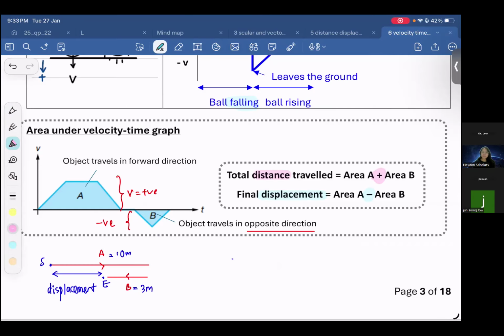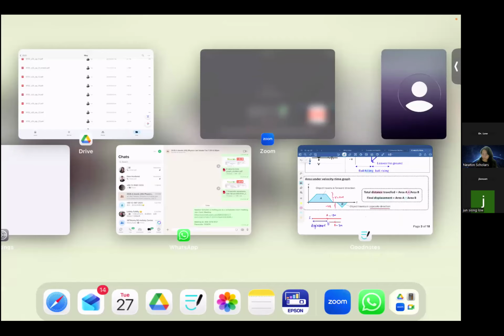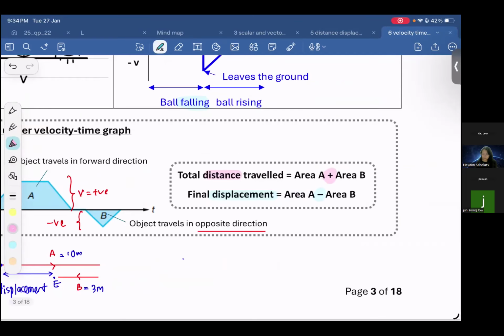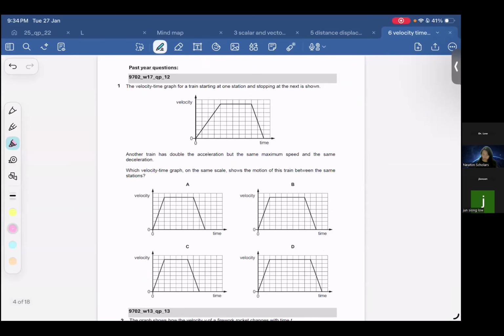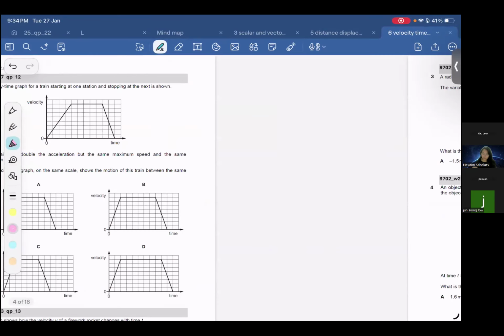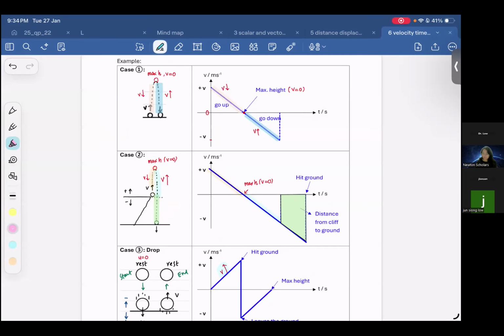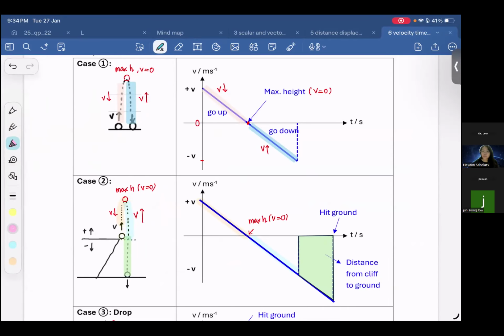Okay, Jiaxuan? Okay, so for the exercise part, next week we continue it. Okay, next week we continue to practice this velocity-time graph. Okay, any question right now? If no question, then